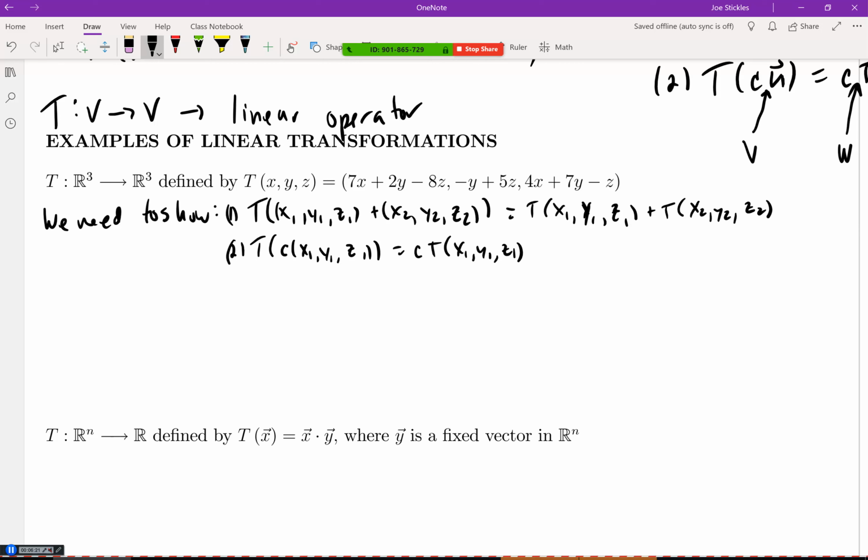So we have to show that we can pull the scalar basically out in front. And this, much like what we did for the vector space axioms and for the inner product space axioms, generally just involves plugging in on one side, plugging in on the other side, and making sure you actually get the same answer both times. So when we do this, if we do the first one,